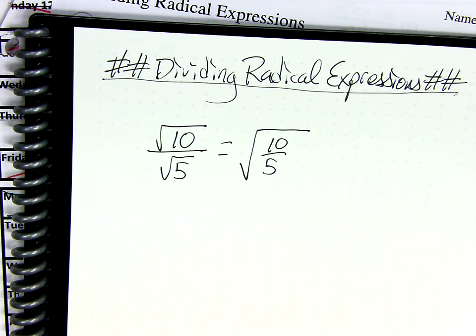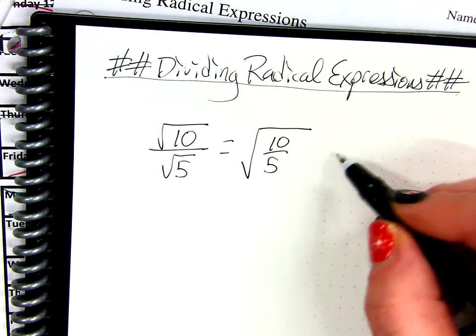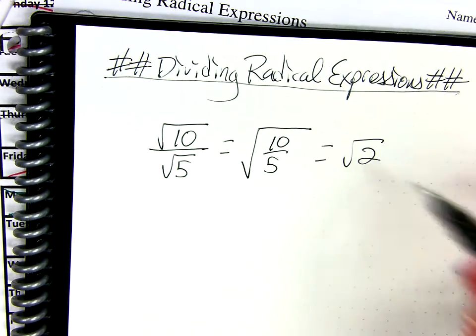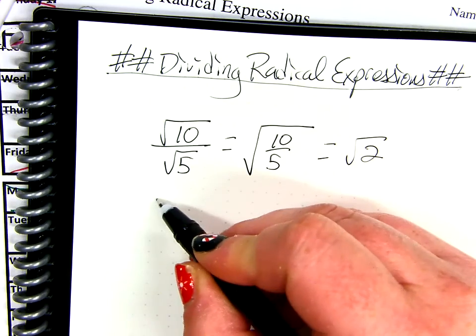As long as they're both under a root, I can reduce them with each other. So 10 divided by 5 is just 2. So this just comes out to be the square root of 2, and I'm done. So sometimes it can be super easy. If I had something like this, say I had,